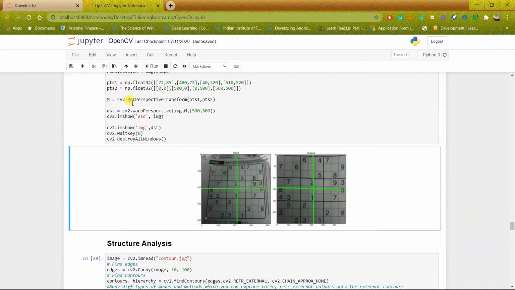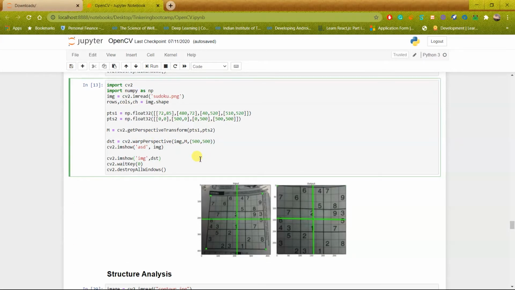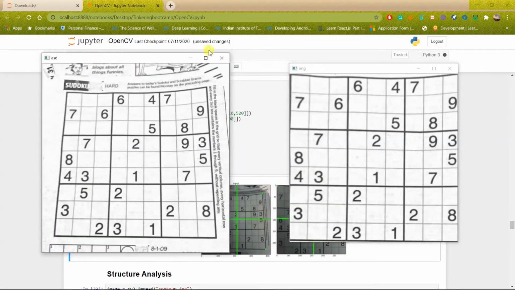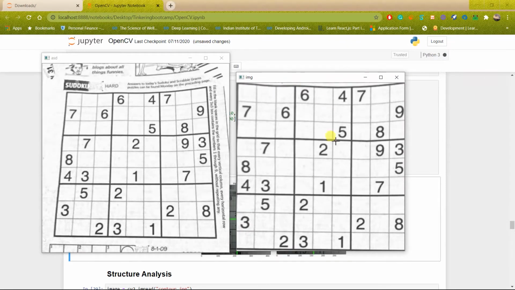So we also have a function to get the perspective transform matrix, as you can see here. In this case, the function which I use is a little bit different, and I used warpPerspective instead of warpAffine. This is the same as warpAffine, just a difference of name, and it is used only for perspective transform. As you can see here, this was a perspective image, but it is now converted to an image which is perpendicular to us. Perspective images are not very good for reading, so we can convert them to perpendicular images.